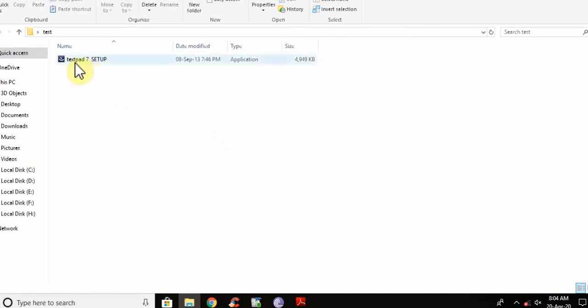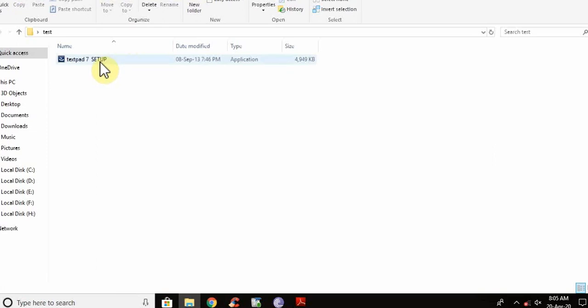This is a software called TextPad, version 7, and the file name is setup. Since CD drives are not available, I am using this with a network system. You can also use it with a pen drive. Let me double click on this setup and check.